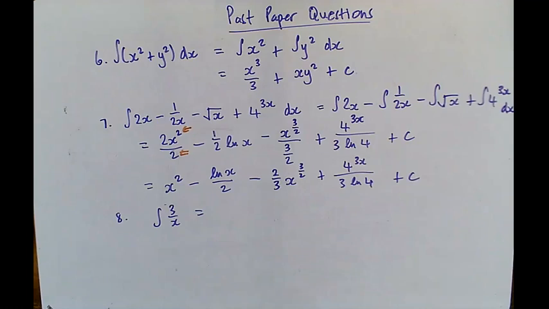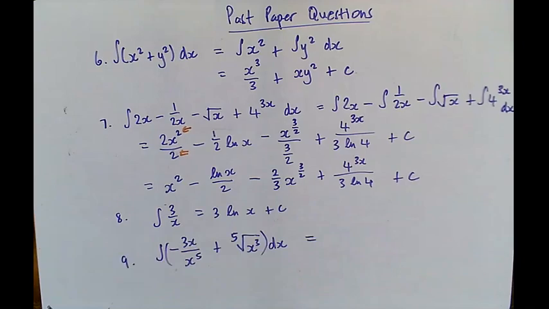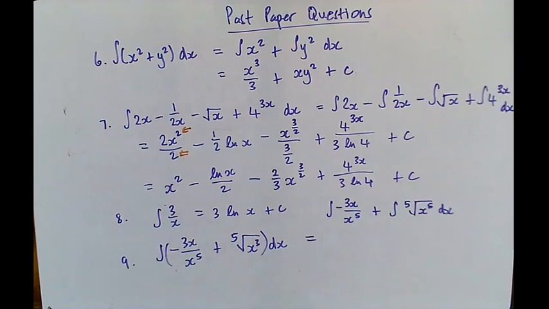Number 8, the integral of 3 over x, that will give us 3 ln x plus c. Number 9, the integral of the first one and the second one. Notice we'll have to separate them first. Do note there's a small mistake here. I wrote a 5, that should be a 3. And